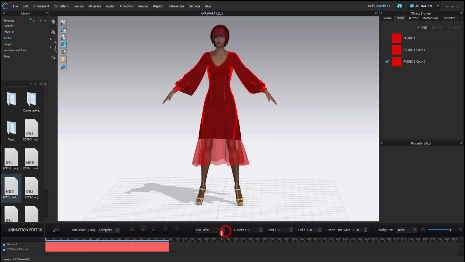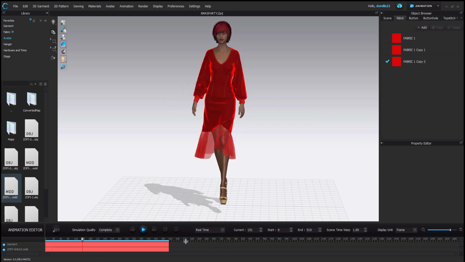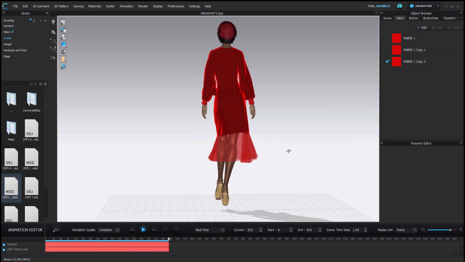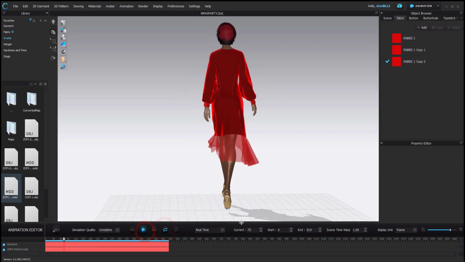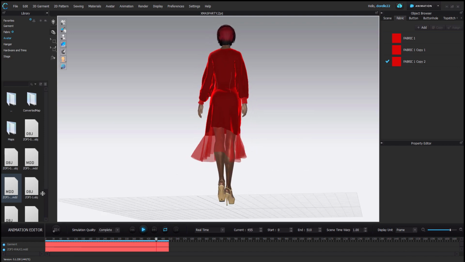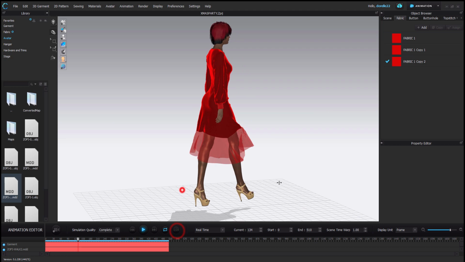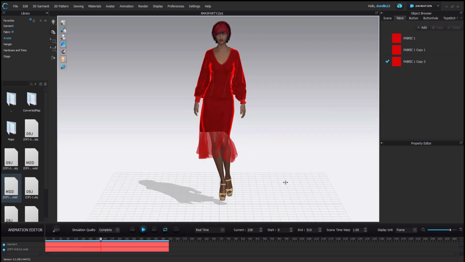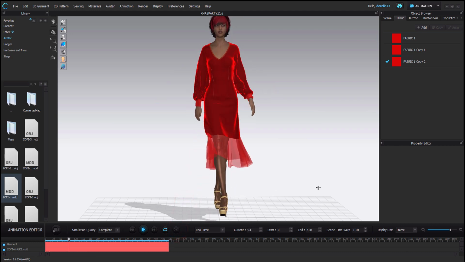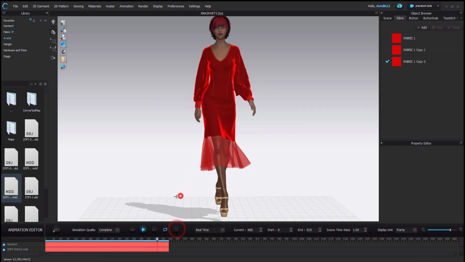I do not suggest you try to drape and do all of this and then do an animation. You'll be at the computer for hours, unless you have hours to spare. So if it's not such a simple thing, let it render out. You can speed it up, you can slow it down, you can change your camera angles before you render. You can do all of these things. However, we are just going to do it regular,